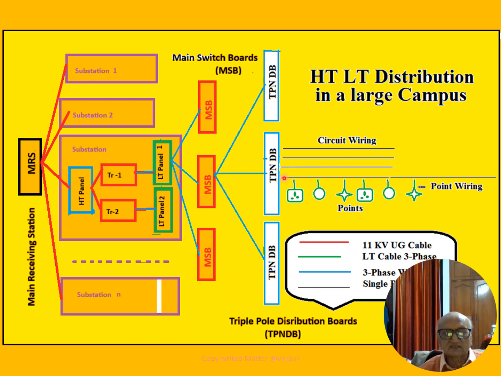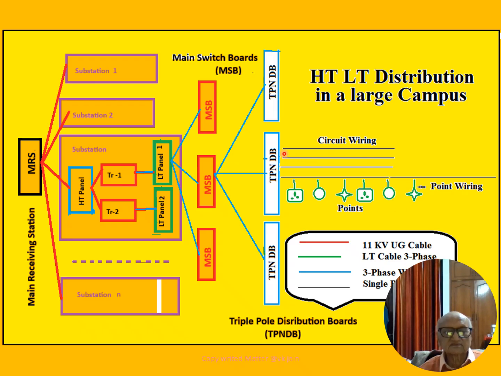In one circuit you may include a 5 ampere power plug, a light, a fan, another 5 ampere socket. And remember, if it is a 15 ampere socket outlet, that means a power plug, then it is counted as one circuit itself. At the most you can share two 15 ampere sockets in one circuit. That normally we do. So this is the total distribution system from point wiring,